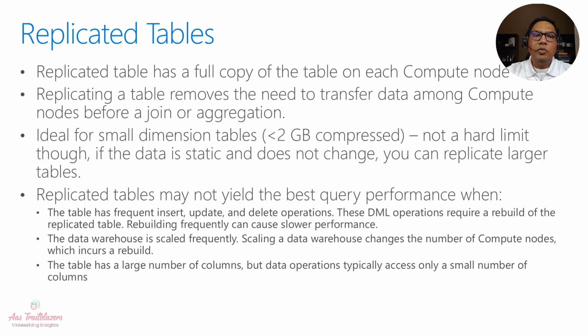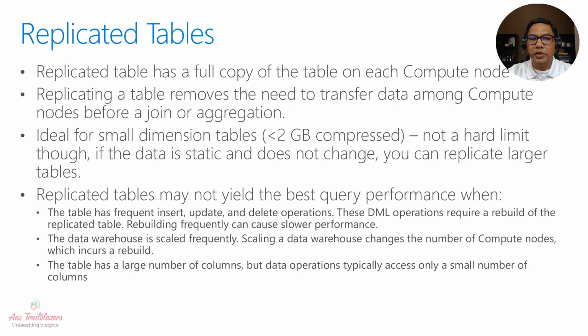Replicating a table removes the need to transfer data among compute nodes before a join or aggregation, and this makes sense for the majority of your dimension tables, which are very small in size. Roughly, if the size of the table is 2 gigs compressed, you should consider creating it as a replicated table. However, that's not a hard limit. If the data is static and does not change very frequently, you can replicate even larger tables and you'll see